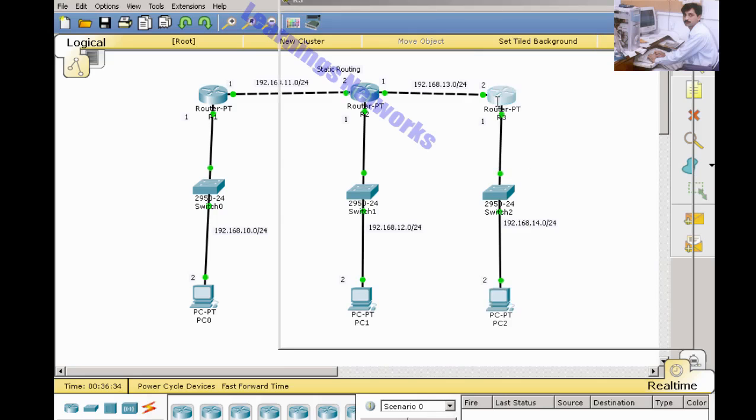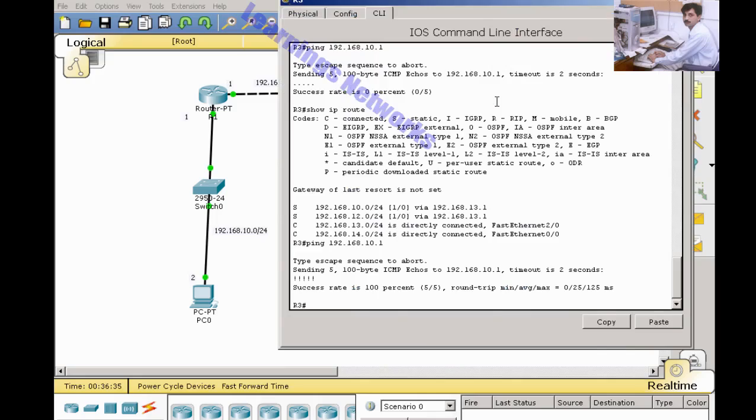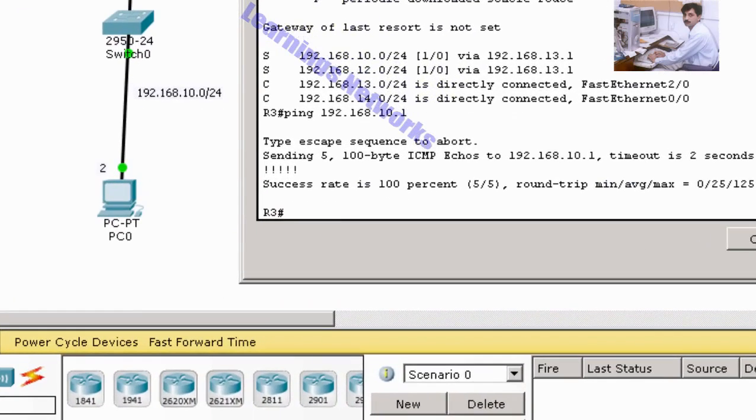What happened? You see the 11.0 network is not in the routing table of R3. That is why R1 is not able to get an echo reply from R3.